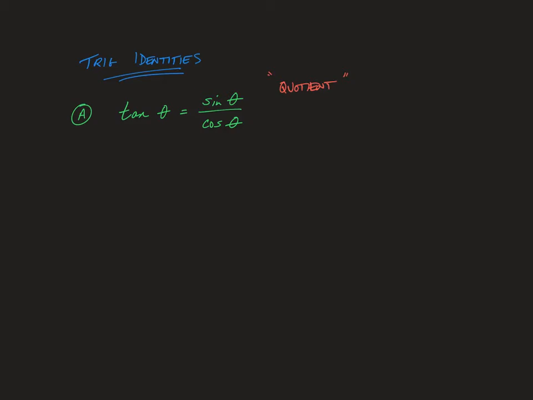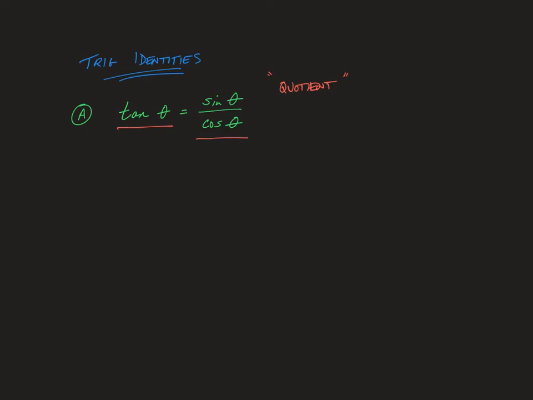Now, if we're going to use an identity, then we have to prove it first. So we have to prove it ourselves to ensure that this green statement is always true regardless of what angle theta is. So that's what it says. It says that the tan of any angle is equal to the sine of that angle divided by the cos of that angle,